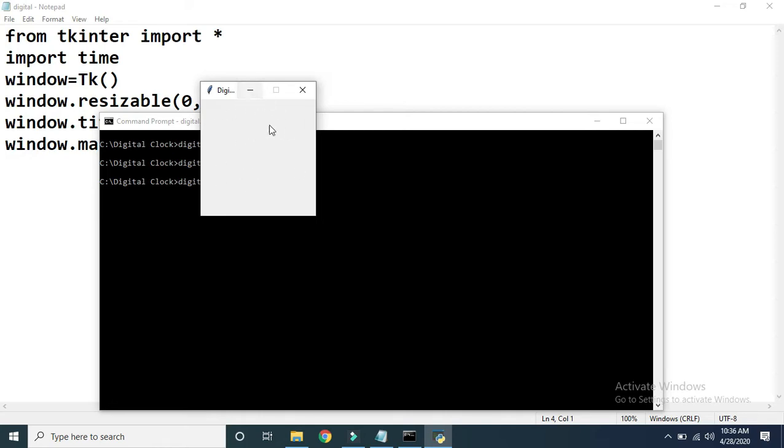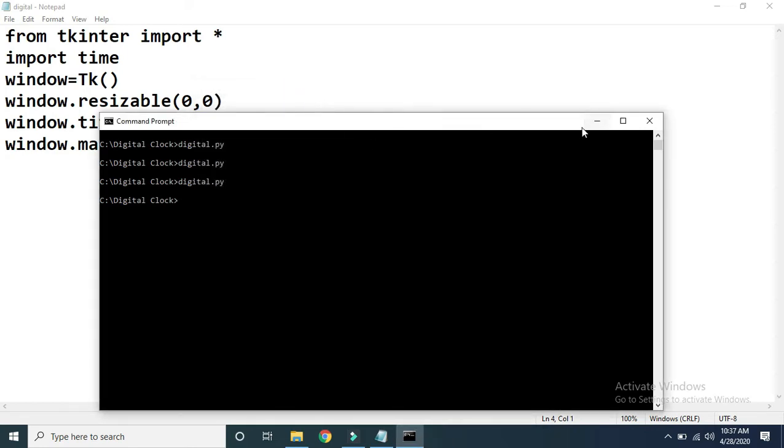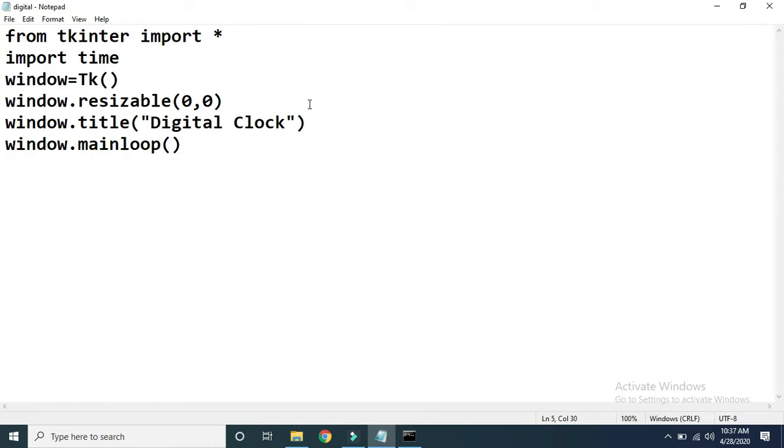Now on this window I want to display the time, but we cannot display the time directly on the window. Time is a type of text, or a type of information, that we want to display. So if you want to display any text or information on a window, then on the window we have to create a label. How to create a label? This point we have already discussed in our previous video. So I am going to create a label. If you want to create a label, then create an object.